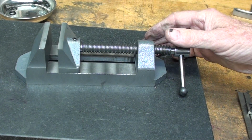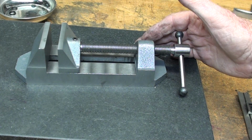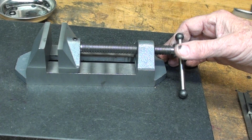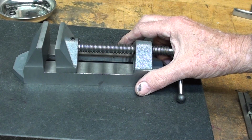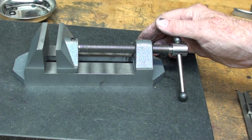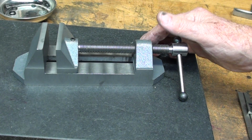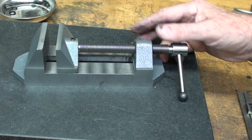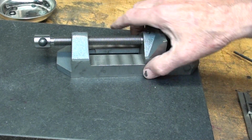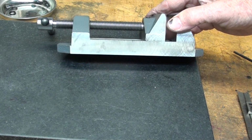Now, admittedly, no one in all of Christendom will ever make one of these. That was probably the last set of raw castings left on this green earth made by Casting Specialties, but I think from watching a 3-part video like this, you can see the many different operations that I did that could be adapted to what your project is. And I also understand some people are just watching this for the pure